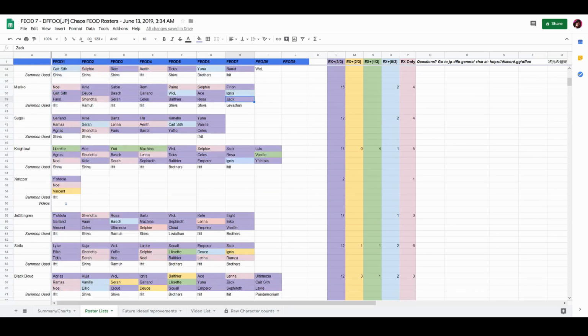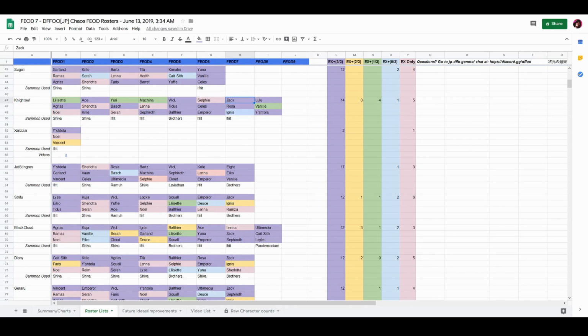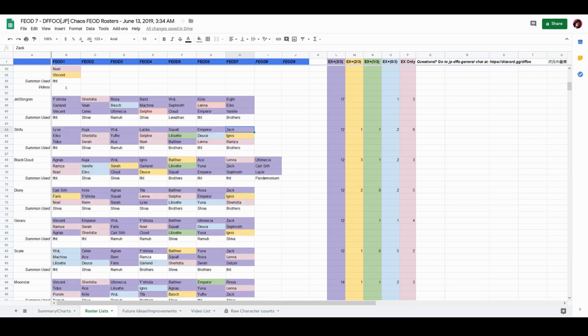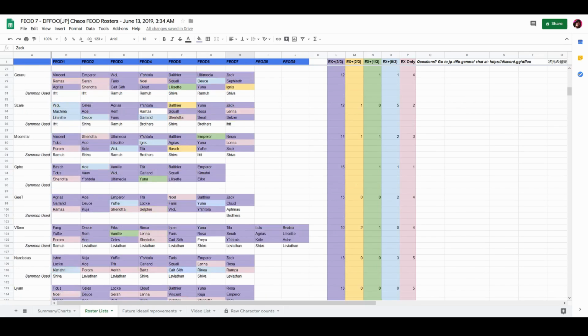Zach, Rosa, Ignis, support, evasion, crazy DPS with Zach getting buffed up like crazy from Ignis and Rosa. AD Vanille again. That's a good team. That's a real good team right there. Zach, Ignis, Ramza, free turns, debuff evasion, and buffs. You're seeing a pattern here. If you don't see Zach, I think you're...